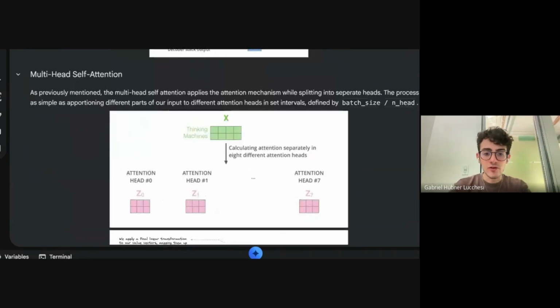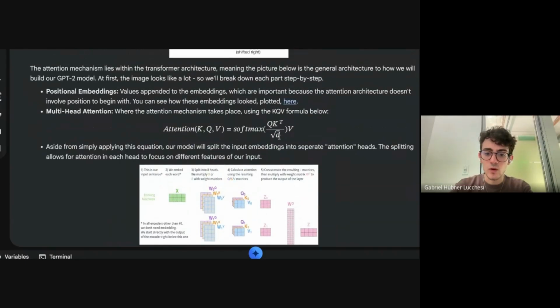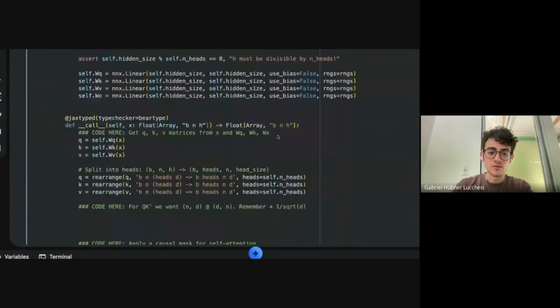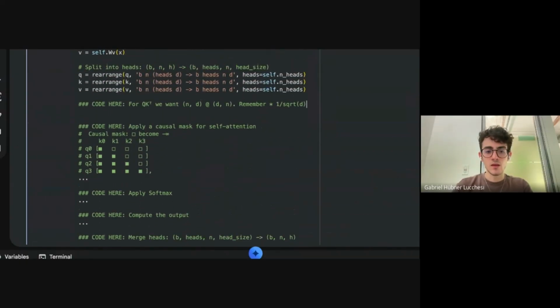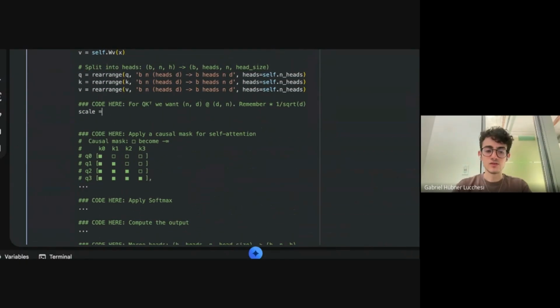First, I have to also define that little square root of d here, so I can multiply by it right after. I'm going to say our scale is 1 over the square root of d. It's just going to be the head size raised to the power of negative 0.5.